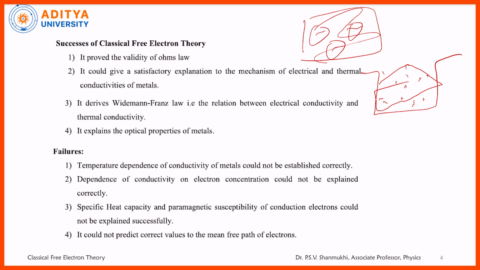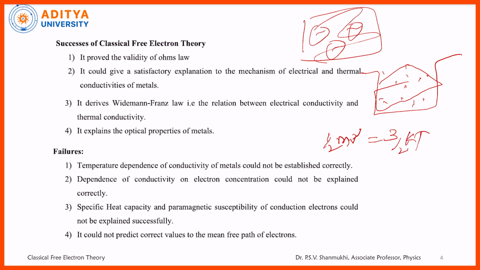They are obeying the kinetic theory of gases. So what is the average kinetic energy of the electron? The average kinetic energy, half mv square, is equal to the average thermal energy, 3/2 kT, of a gas